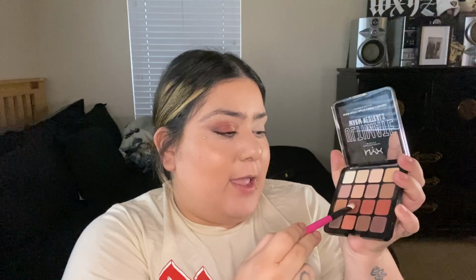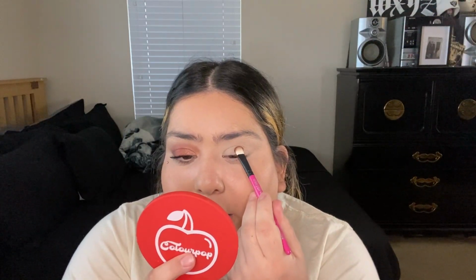Refer has a brush similar to this, but I cannot find it. I don't know if it's dirty or if I lost it. I hope I did not lose it, but I'm just gonna go ahead and pack this on my brush, and then I'm just going to pat it in my socket because I am going to blend it out with another color in the palette. But I just want to place this down because I do have